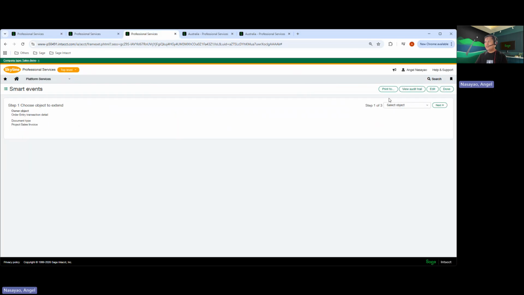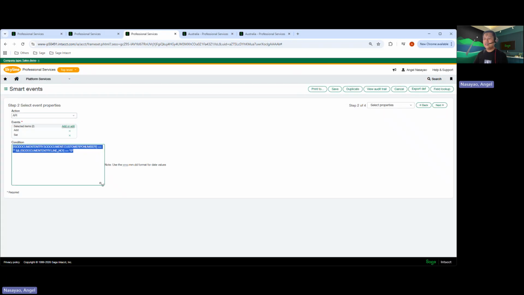And we have another smart event, which is this time applied on the sales invoice. Since the sales order on the line is already moved into the line level as well, from sales order into the sales invoice, then you can just have it essentially populated, right? To copy the information from the line level of the sales invoice into the header level of the sales invoice. So just like this one, we have a validation in here